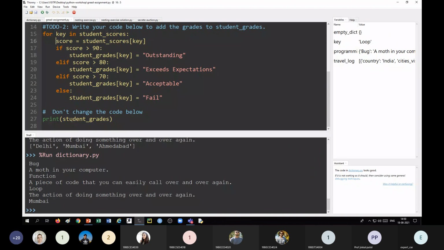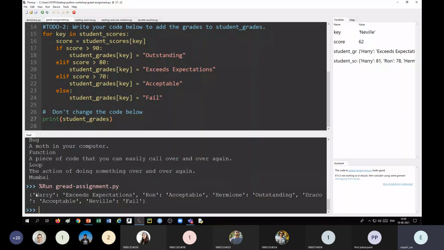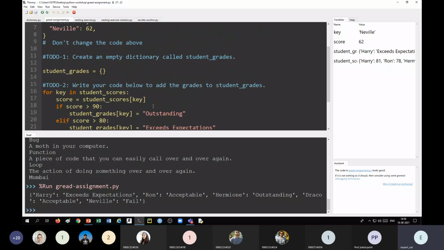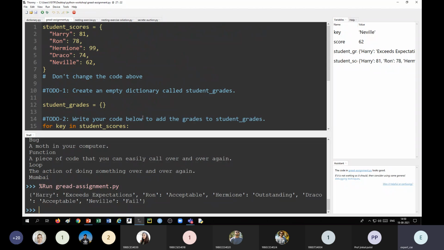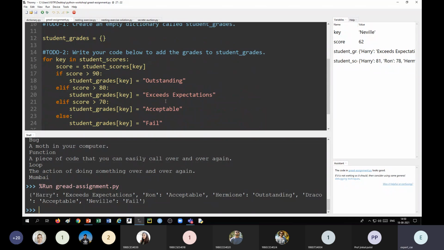Now if we print the student grades, that is the dictionary, we will see the result. So Harry is exceeds expectations, Ron is acceptable, Hermione is outstanding, and so on. In this way, we can change the scores into grades by creating a new dictionary.